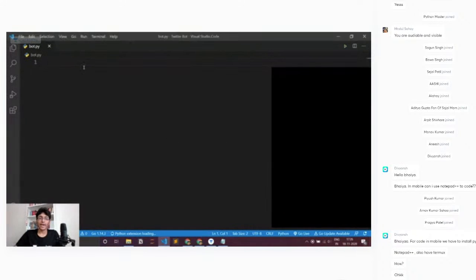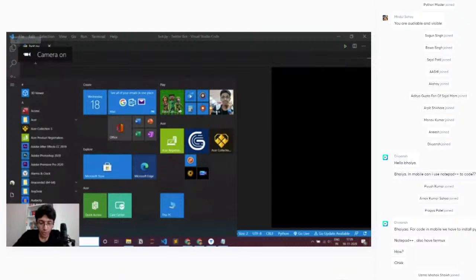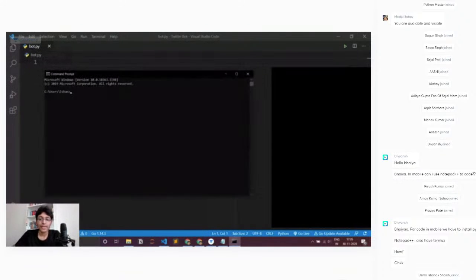But yeah, this is my file. This is the file that I've created inside of my Twitter bot folder. What I do next is that I simply need to first of all install Tweepy. So I'll go to CMD. CMD is basically for me to install some stuff. Here I'll just say pip install. Pip is basically an installer. If you want to install any module in Python, you use pip. You say pip install, and then you do